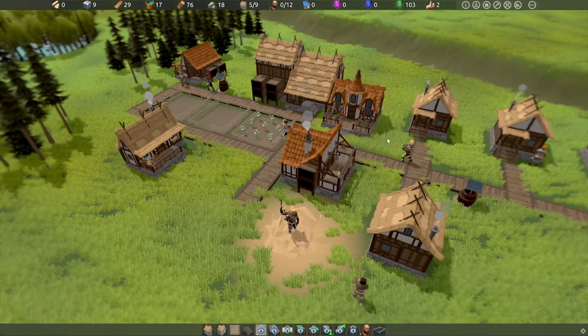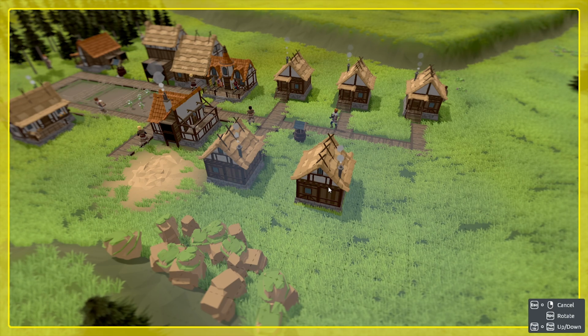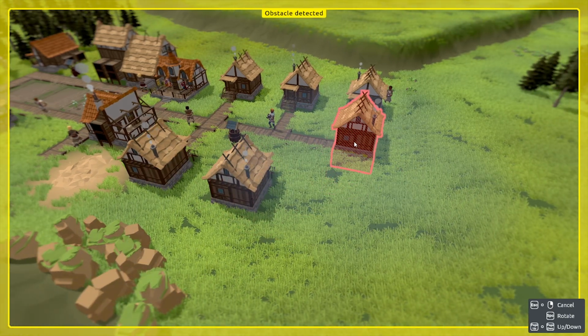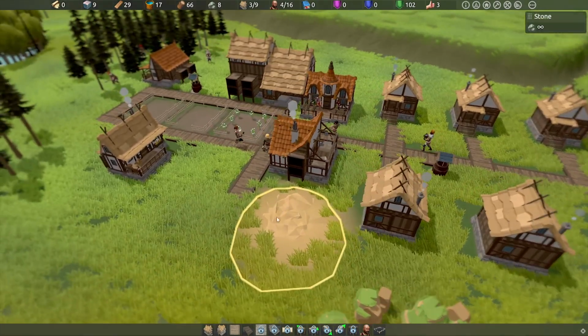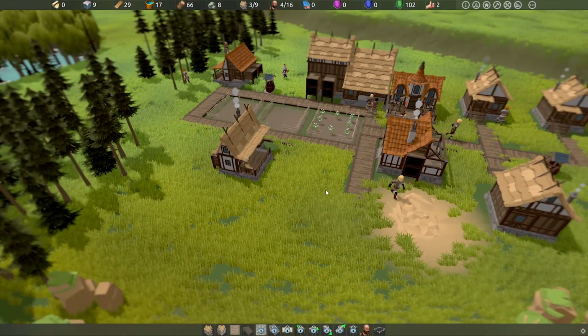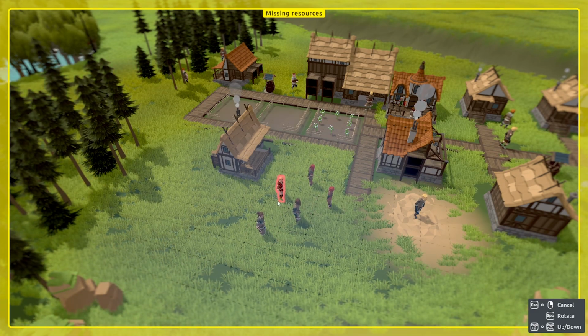Now that we have done that, we can upgrade it with 50 stone blocks. I don't want to do that. But now that it's upgraded, we can build more houses, which is awesome. A house here and another house right here, which gives us another 4 workers. And now that we have that infinite stone portal here, it would be great to get at least another 2 workers